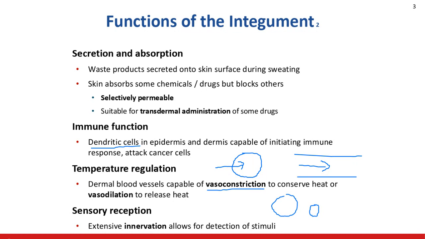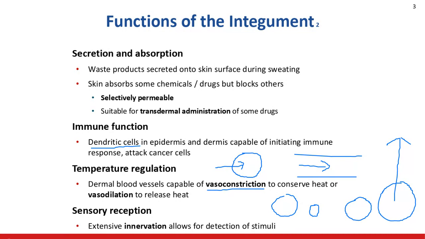Now, if we're too hot, then our blood vessel goes from this size to this size. So it gets bigger. That's called vasodilation. So more blood flows to the surface of your skin. That's why some people look more flush or red. And the heat is then given off and it goes out to the external environment. So it's a way to cool us down in addition to sweating. Right? And then another